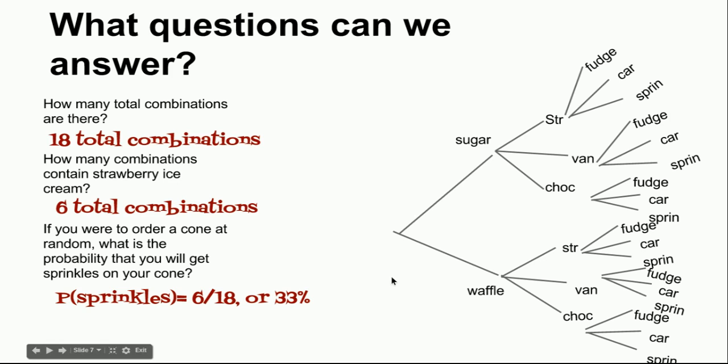So remember, when you're creating your tree diagram, you start with a seed, and then you branch out for your first set of combinations. From each of those, you're going to branch out with the next set. And then if you have another layer of possible outcomes, you'll branch out